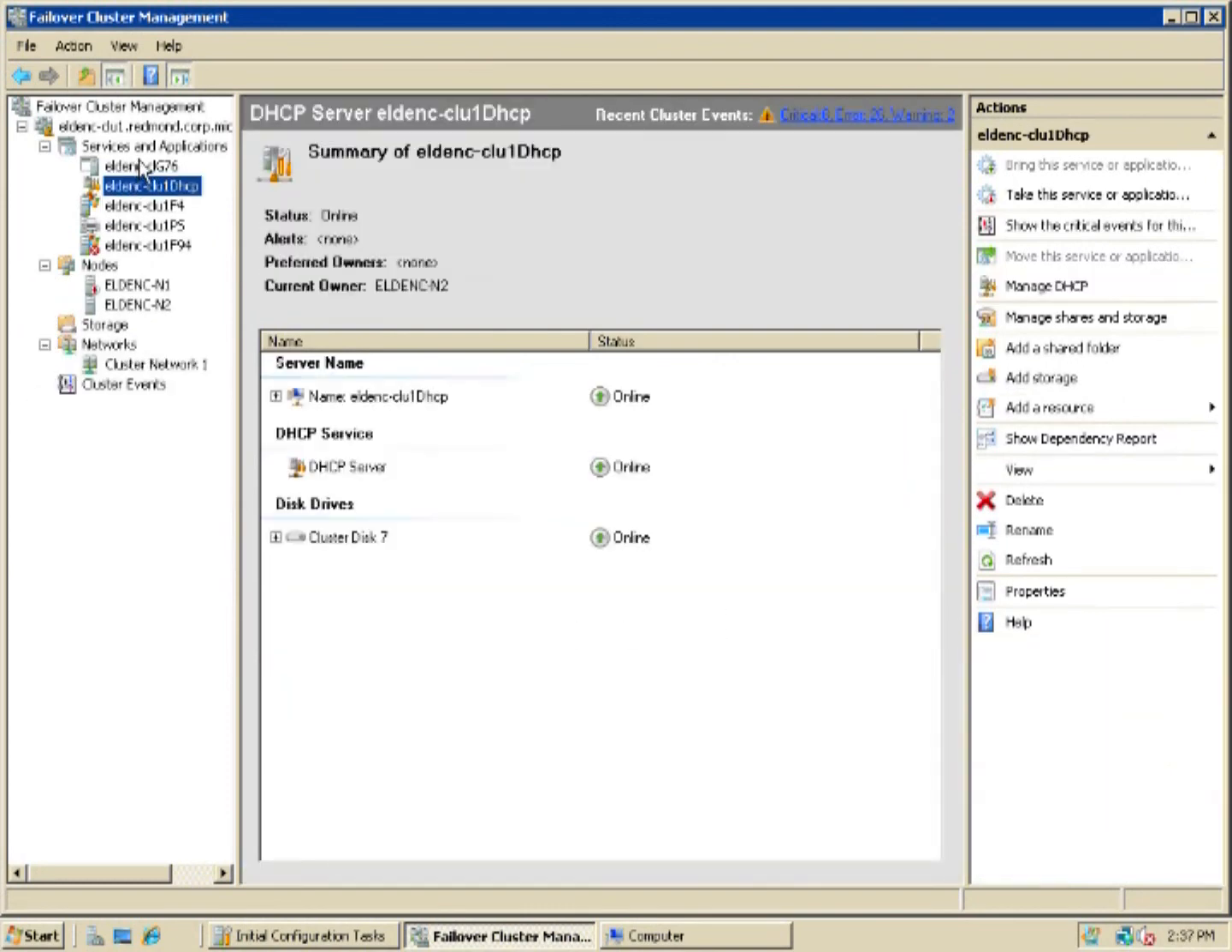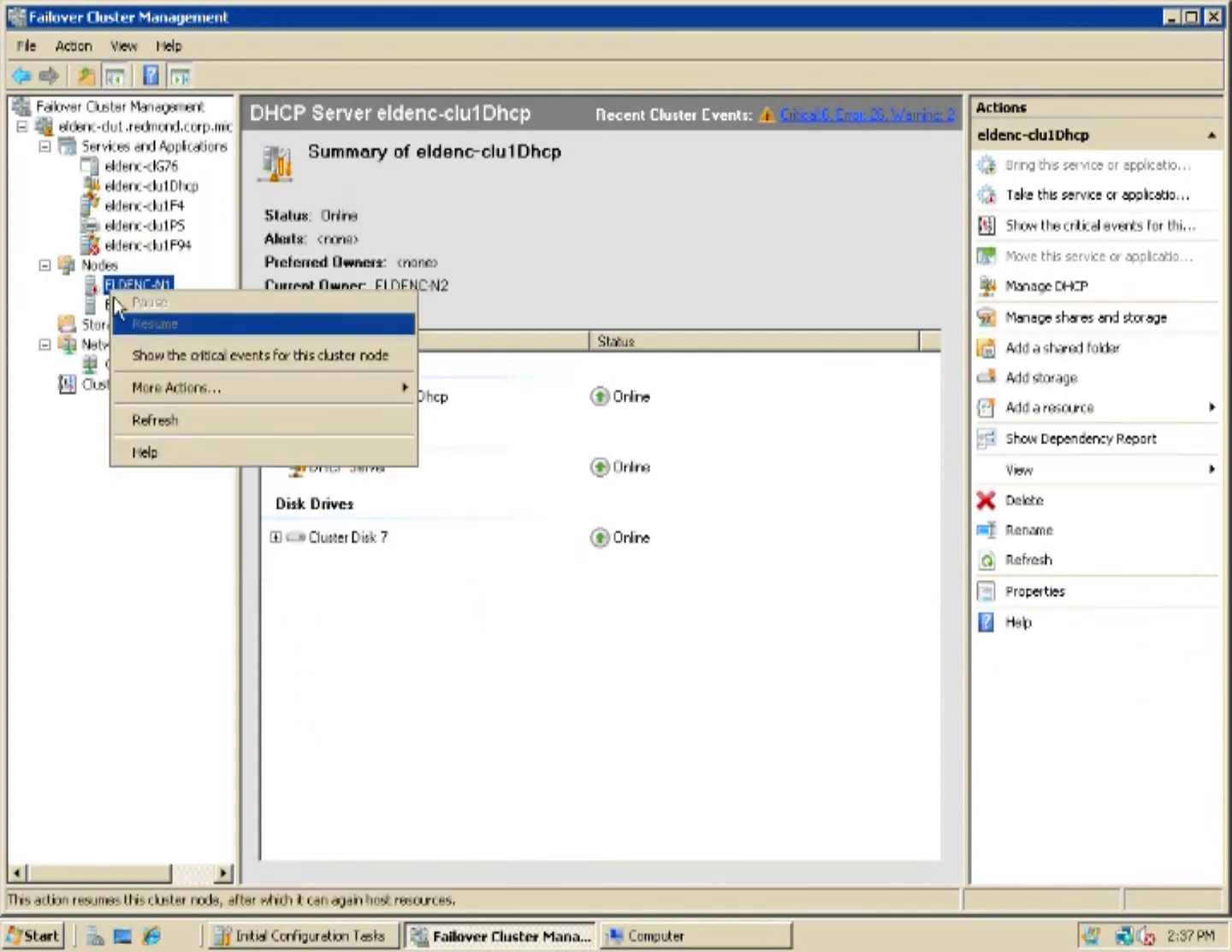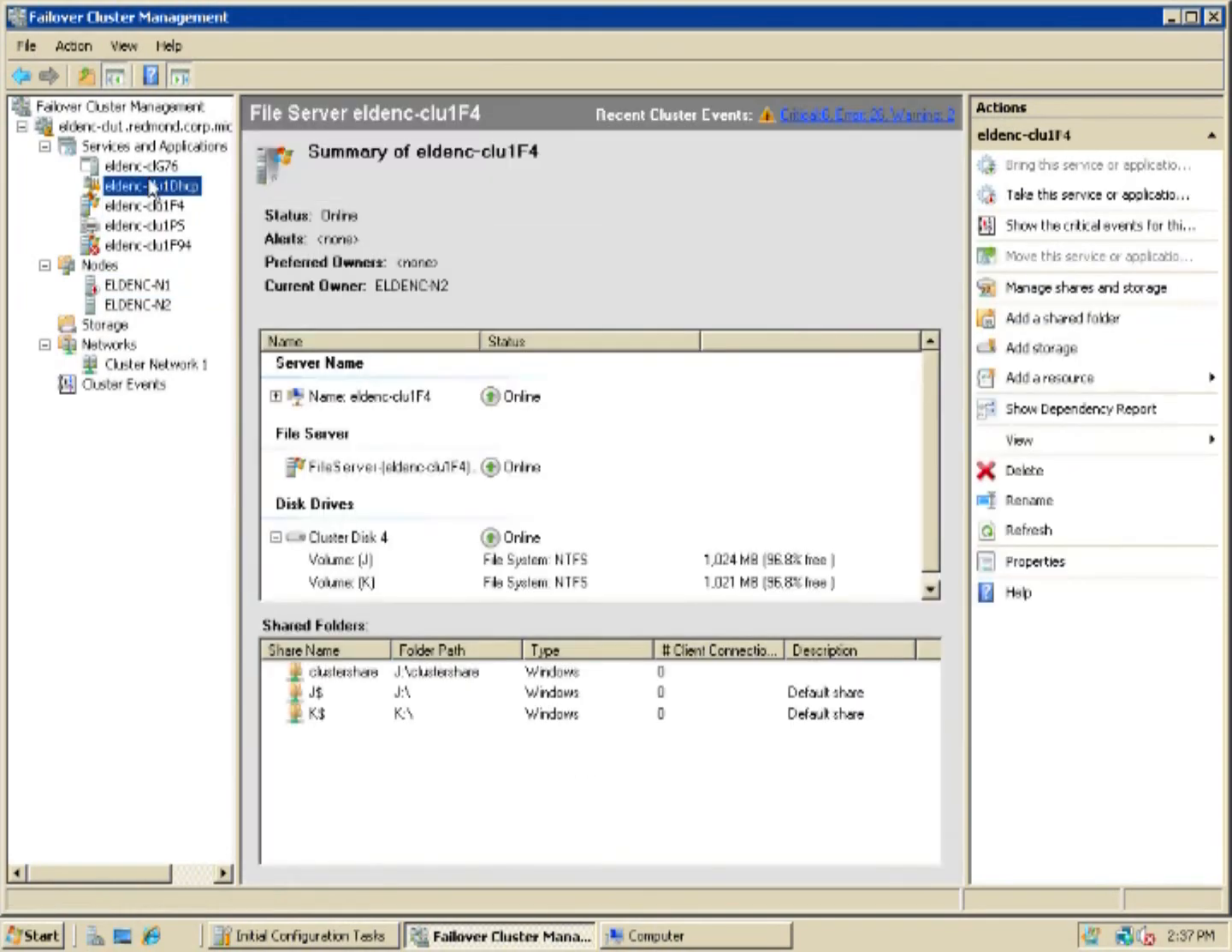If I go into the failover cluster management, I can see there's my share. So you can see we're totally hooked into the service: when we're creating shares, we will detect if it's a clustered volume and do